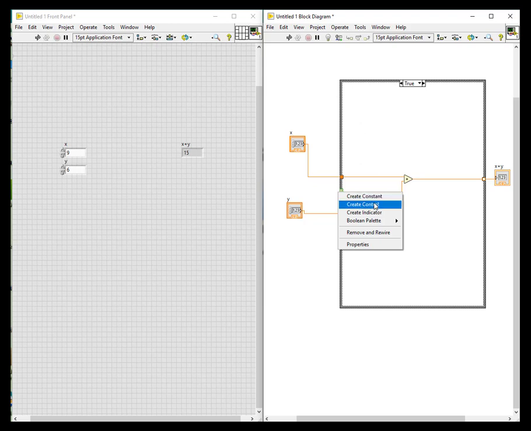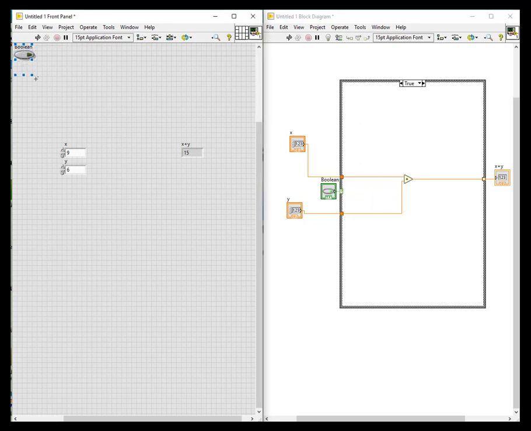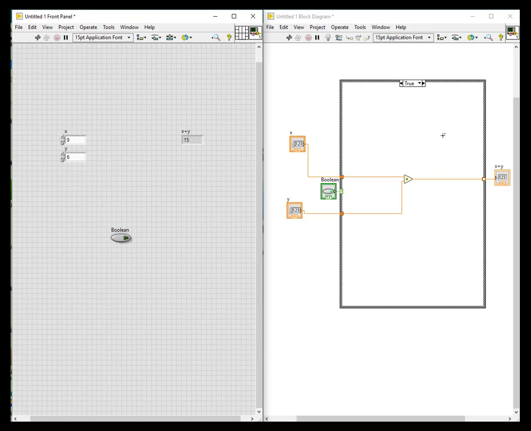And the condition will be a control for me, no problem. You can take anything. So true or false, because if true, then my addition will be done. So if false, what should be done? For that, you have to go here, click on this arrow, and you will get a false statement. For the false statement also, you have to give some condition, or else you will still have errors.